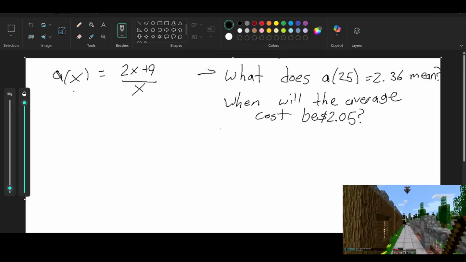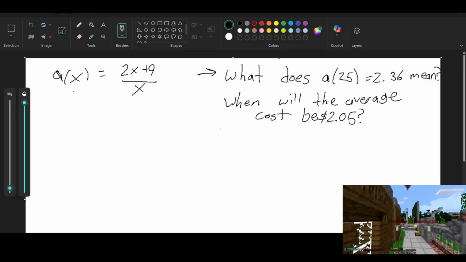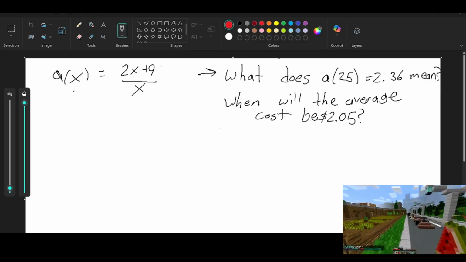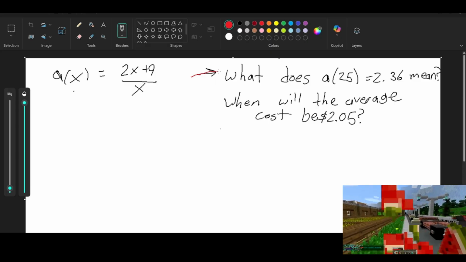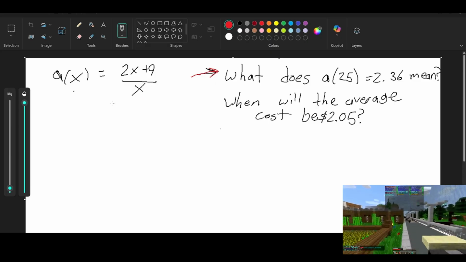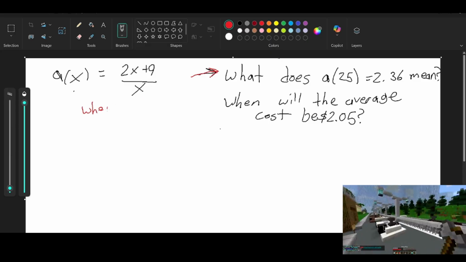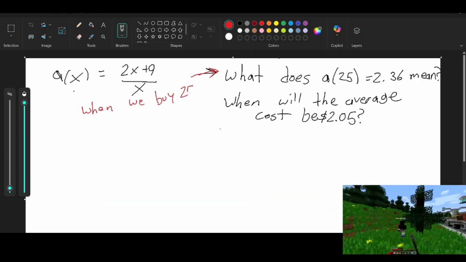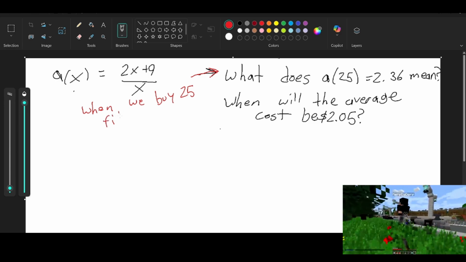So when this says what does a of 25 equals 2.36 mean, I'm going to write it in red, make the arrow red. When we buy 25 fidget spinners,